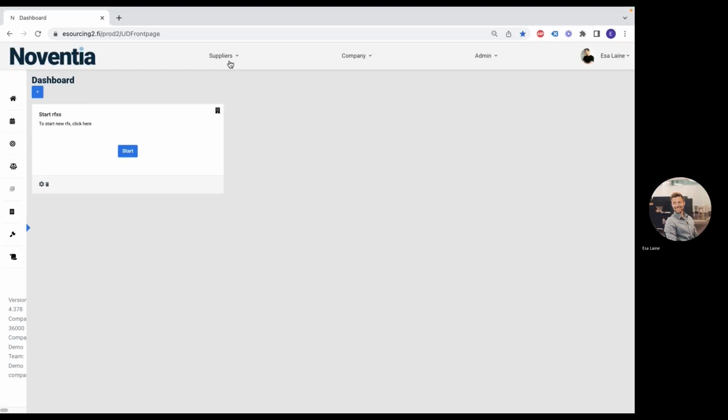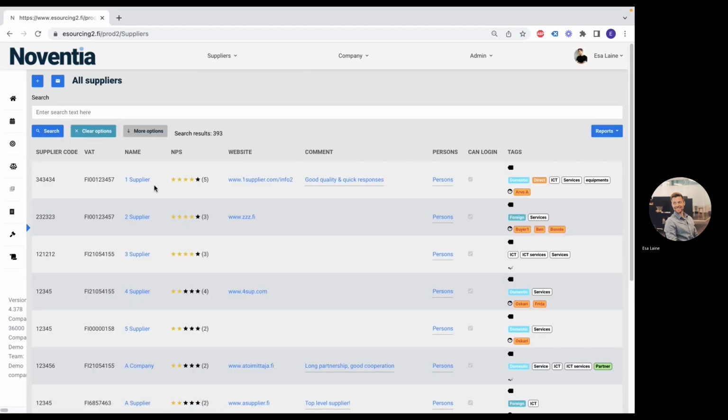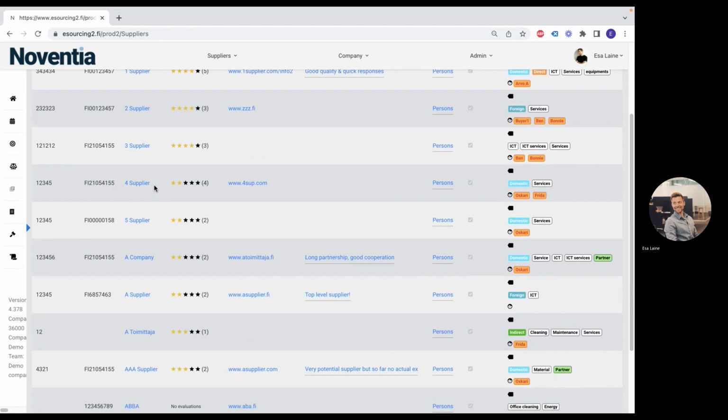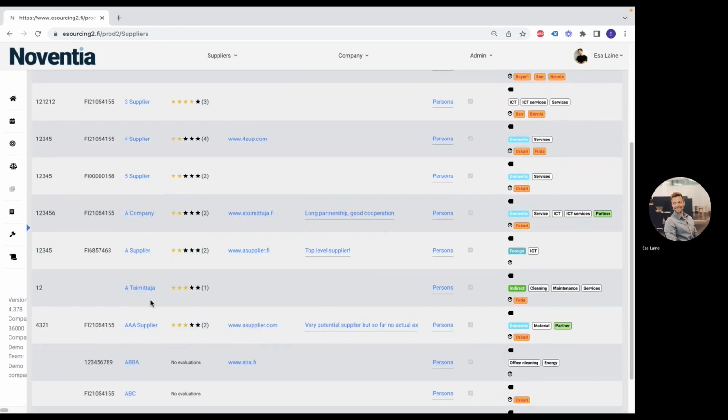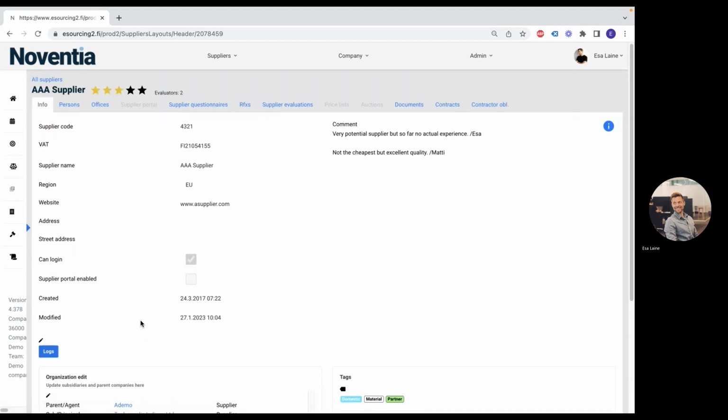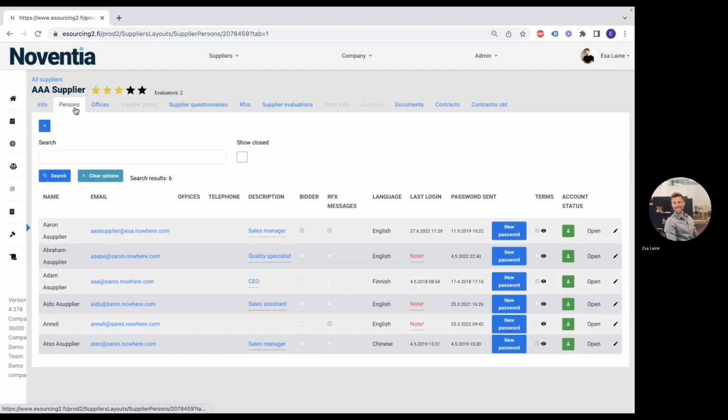All the supplier companies that have been created in the solution can be found from the menu on the top. The specific supplier data can be accessed by clicking the company name. On the supplier tabs, it's possible to view, for example, the company basic information, the contact persons, questionnaire and tendering